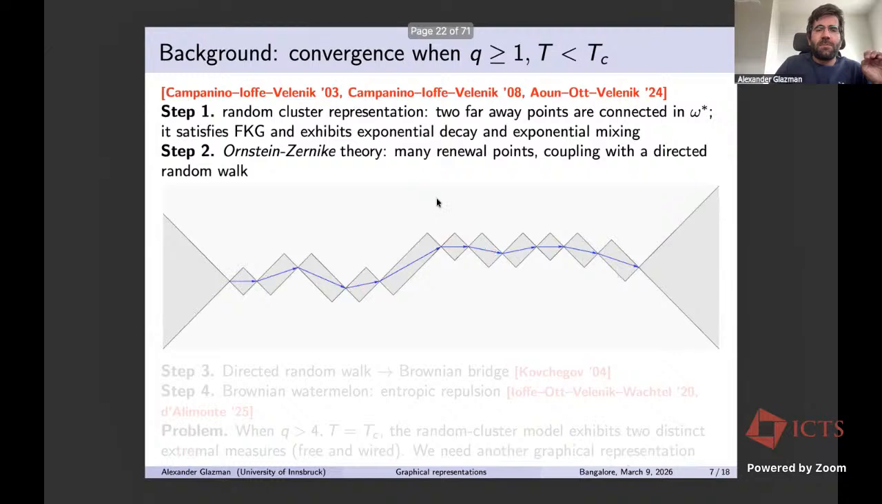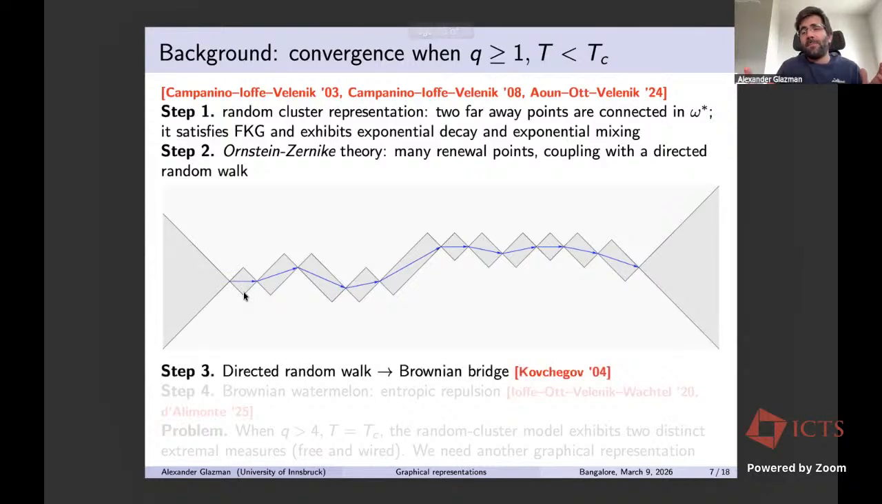So then if you just replace each of these lozenges by just a step of a walk, then you get a random walk, a directed random walk, with steps which will not be so long, of logarithmic length, and almost independent. And so there's a coupling to the independent random walk, which was shown to converge to the Brownian bridge in a very high generality. Here I cite the work of Kovchegov, but of course one can also go much earlier than that. Works of Liggett, for instance, and so then